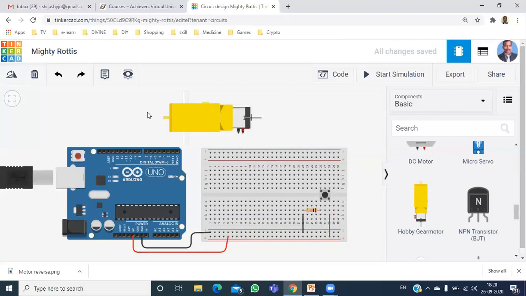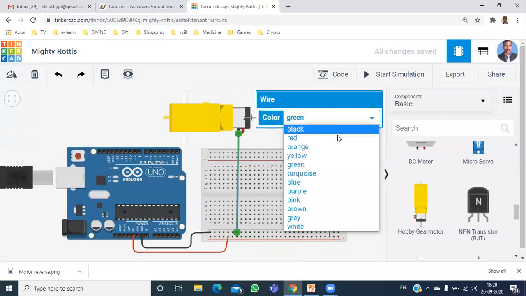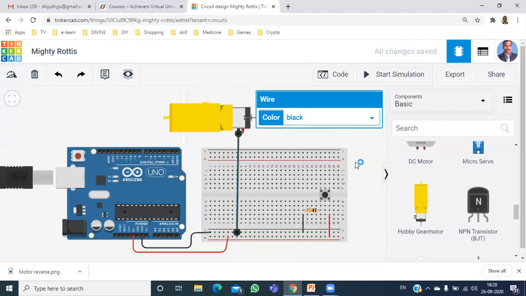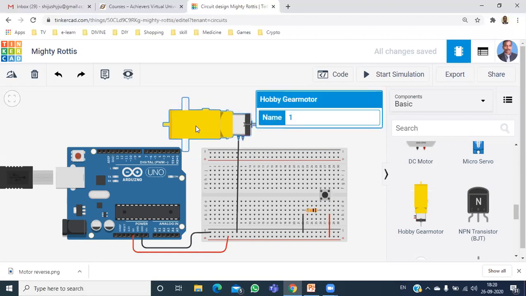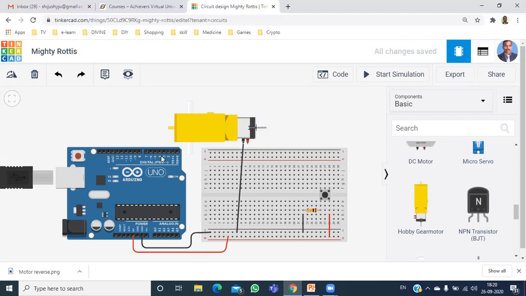And the negative terminal of the motor goes to the ground. You can use the black color. Now we have two things, the motor as well as the switch. As per our discussion, the motor is to be connected to the third pin.